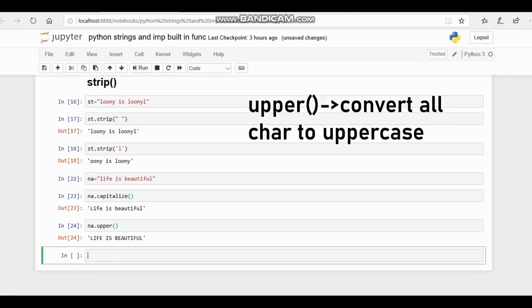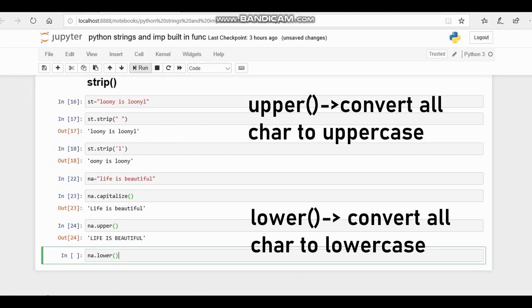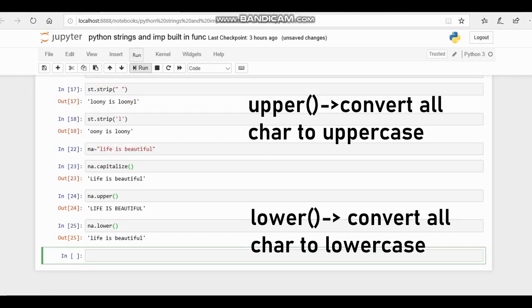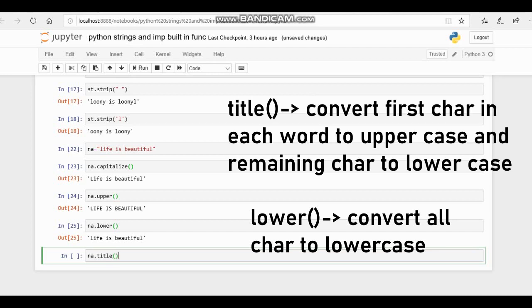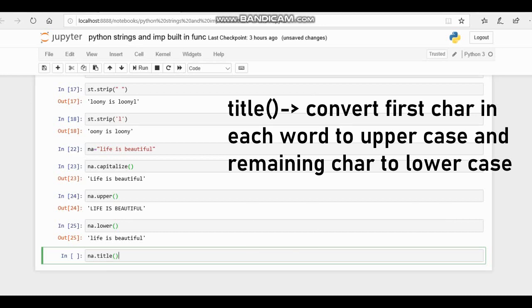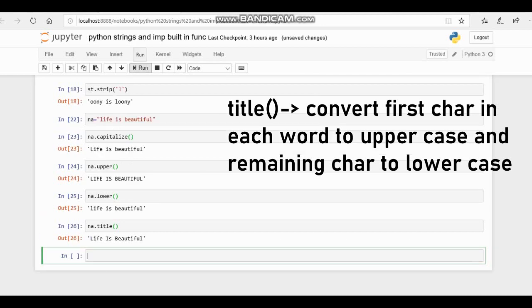The next function is lower, which is the opposite of the upper function, and helps to convert all the letters to lowercase. Now we'll see the title function, which capitalizes the first letter of each word. So these are the functions.